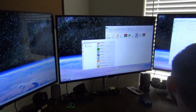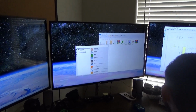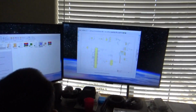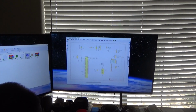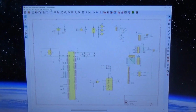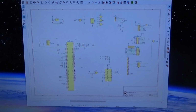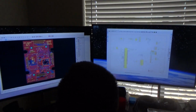So we have a schematic here. This is where I would design all of the circuitry on the schematic level. That's always where we start, to make sure that we have all of our components there and all of the circuitry correct before we go into designing the actual PCB board. After that, we go ahead and we move over to our PCB board,